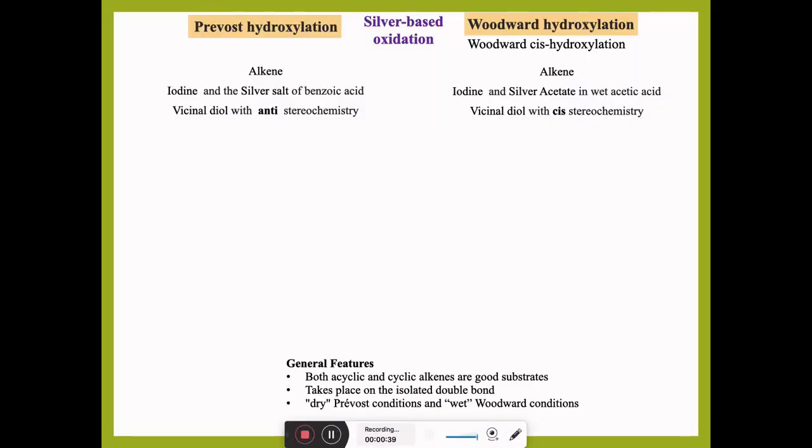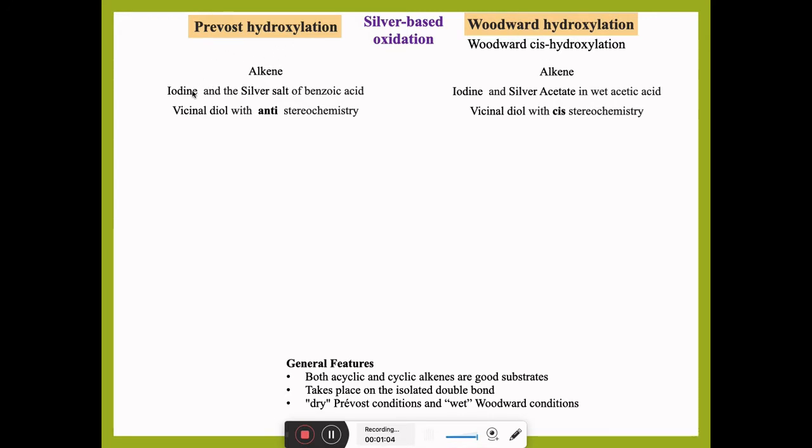Now here on this slide we are going to study two reagents in a comparative way, because both in Prevost hydroxylation and in Woodward hydroxylation, these both are silver based oxidation. There is a minute difference in the reaction condition. So let us see one by one. In both the reactions the substrate is alkene,